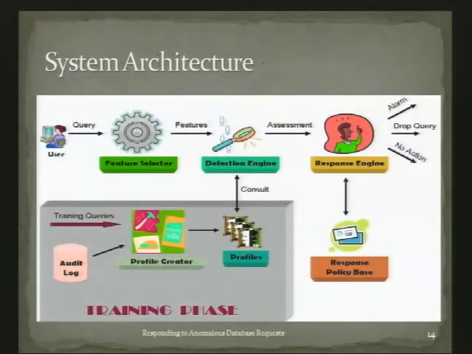Okay, so let's assume you have the profiles with you. Then that's the training phase. You learn the profiles over a period of time. And in the detection phase, every new query submitted by the user goes through a feature selector which selects the features from the query. And again, the feature selection is dependent upon the kind of anomalies that you want to detect in the query. Now it goes through the detection engine, which is going to look at the profiles and apply some intelligent algorithms to come up with an assessment of the query. The assessment could be that it doesn't think the query is anomalous, or if it thinks that the query is anomalous, it's going to submit an assessment to the response engine, and the response engine is going to look at some predefined